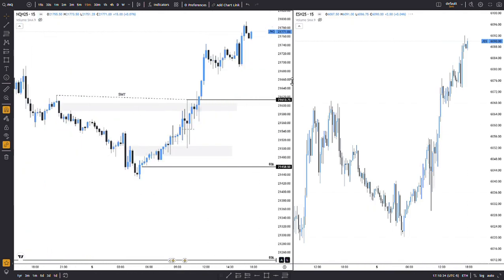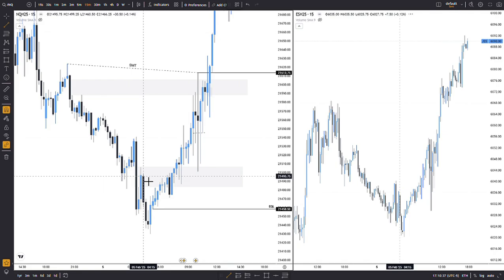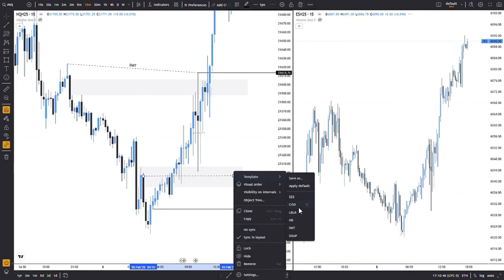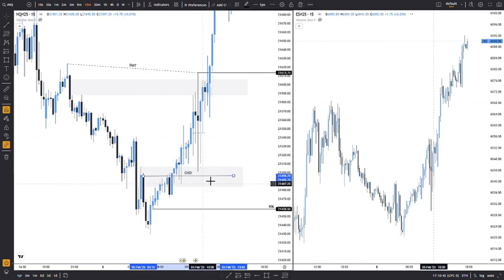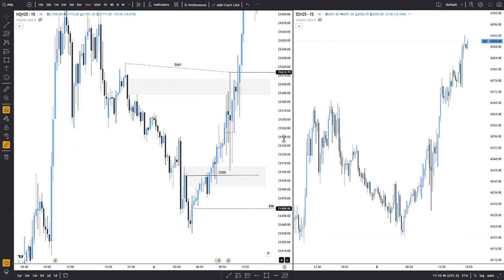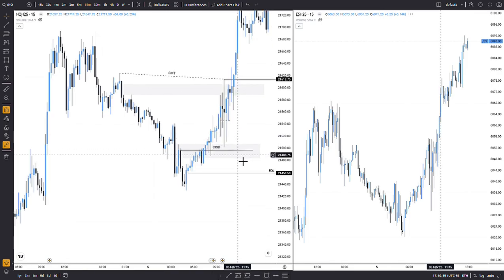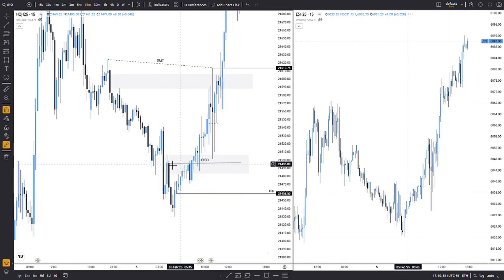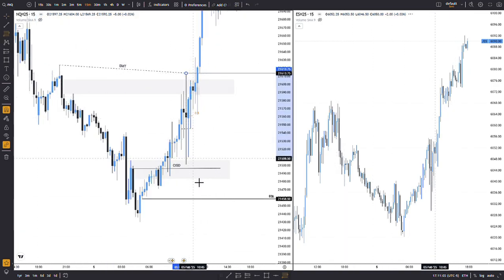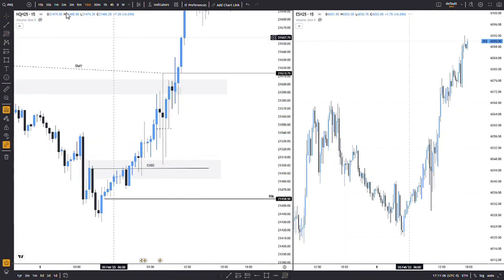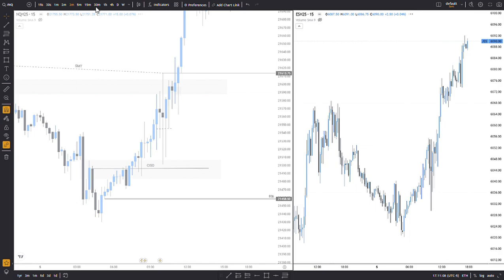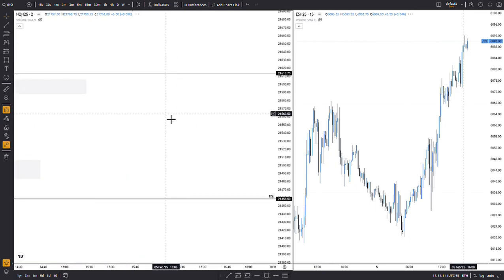What happened, and if we come to the 15-minute, we will see that here we have a higher time frame changing the state of delivery. The 15-minute changes the state of delivery. So we came up. We know that we are bullish in the daily, in the 4-hour, in the 1-hour. We know that we are bullish in the 15-minute. We came back to the change in the state of delivery here. We came back also to this 15-minute inverse. We rebalanced to equilibrium, and what we do after we rebalance to equilibrium is retest the change in the state, and